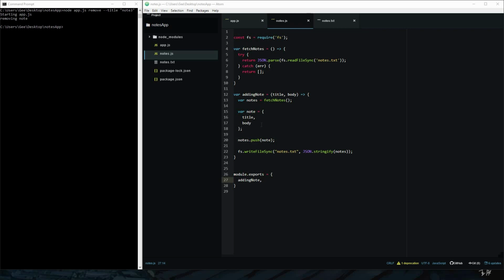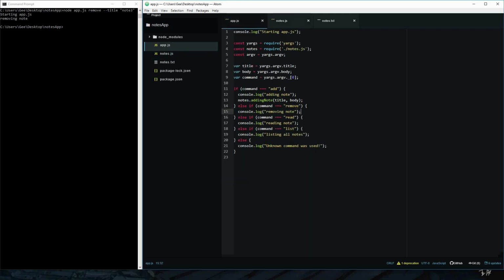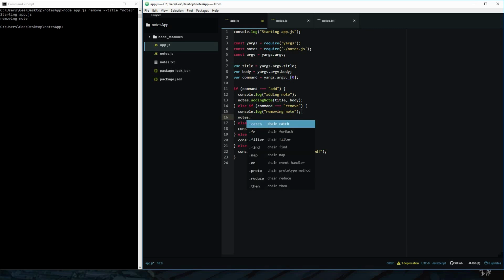So in the last video we just left off with adding a note, and now we're going to be finishing off all the rest of these commands. So we're going to do remove, read, and list. We're going to start off with remove first, and in here I'm already going to call it out. Notes dot, I'm going to name it remove